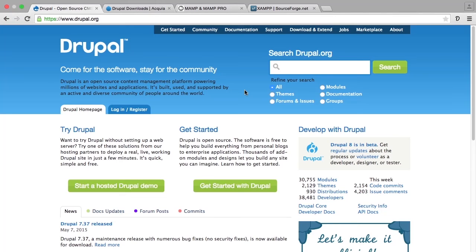In this lesson, we're going to look at preparing your local system to run Drupal 8. This demo is being done on a Mac running Mac OS X, but the concepts are the same regardless of your operating system. I highly recommend that you review the installation guide on Drupal.org, which you can find by going